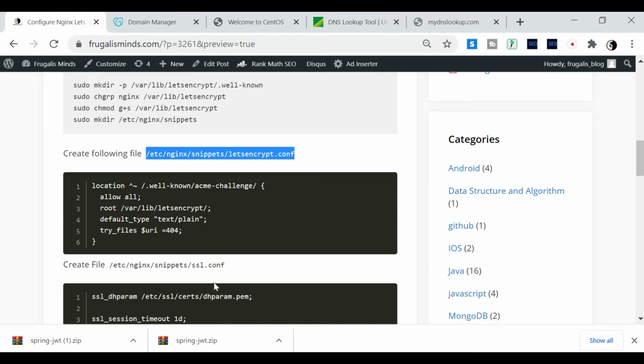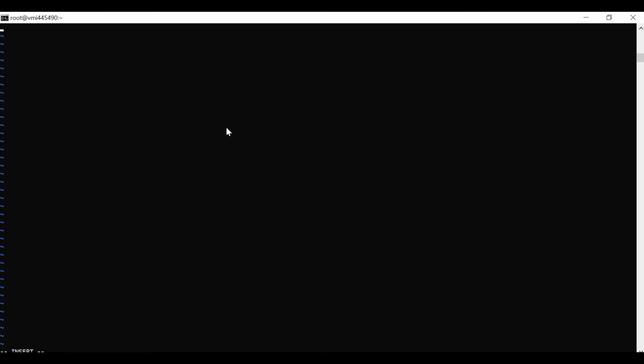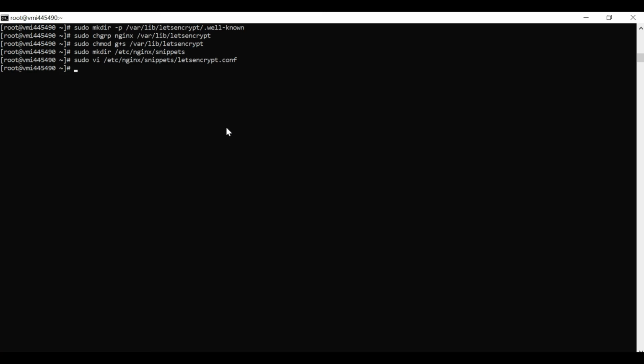This is a simple piece of code which you have to copy and paste. So let's copy and paste this. Yes, this looks good. Save and exit.